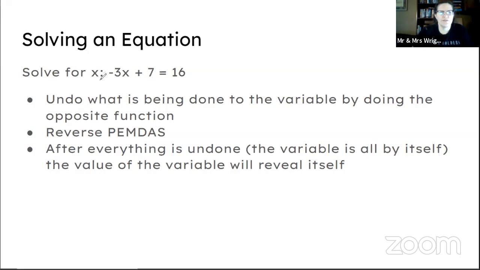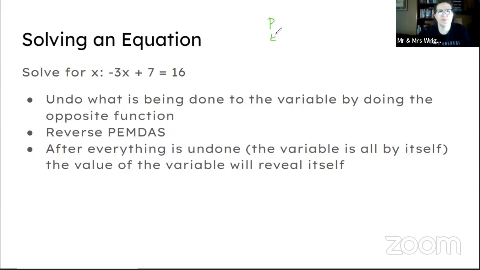Here we're asked to solve for x, and we have the equation. Remember, it's an equation because it has an equal sign. This is an expression, and this is an expression. Two expressions equal to each other is an equation. So we're asked to undo what is being done to the variable by doing the opposite function, and it's reverse